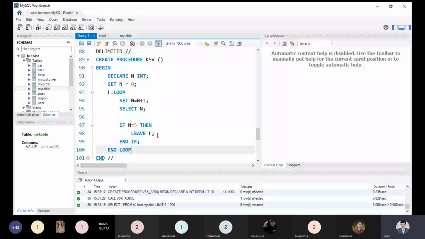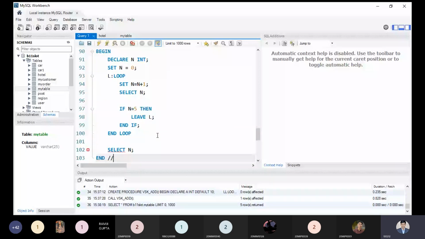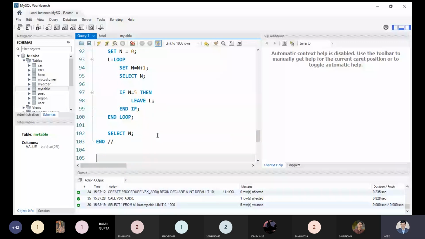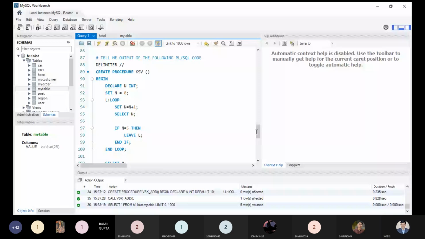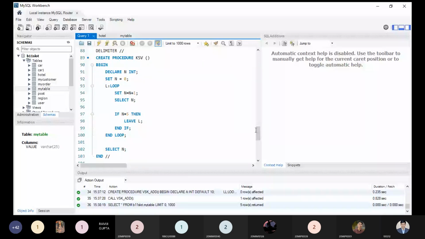I'm just minimizing this code. Now the code is in front of you, and tell me what would be the output of this one. Can anyone tell me what the output would be? 1, 2, 3, 4. Just think and tell me.